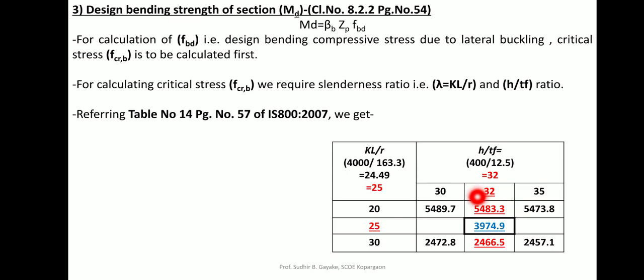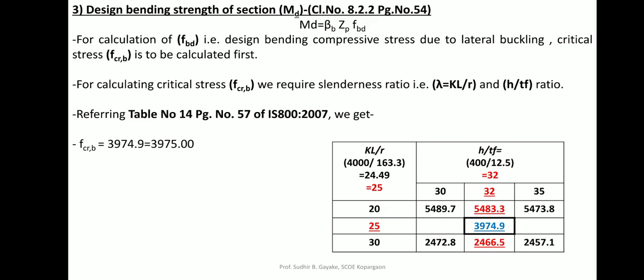So initially you interpolate between 5489.7 and 5473.3, and you will get 5483.3. Similarly, the second interpolation for the bottom value is 2466.5. Now you interpolate vertically, between 20 and 30 for 25. So in short it is going to be the average value, and we get that average value of FBD as FCRB as